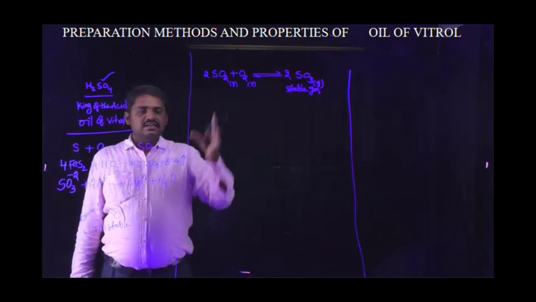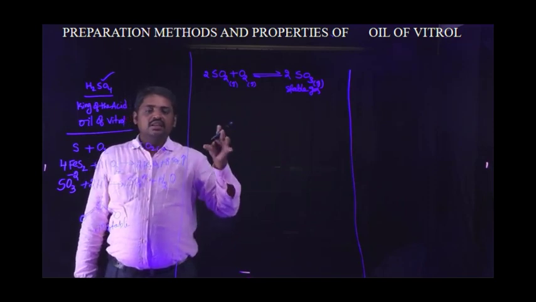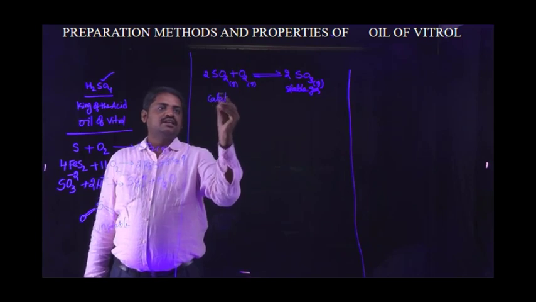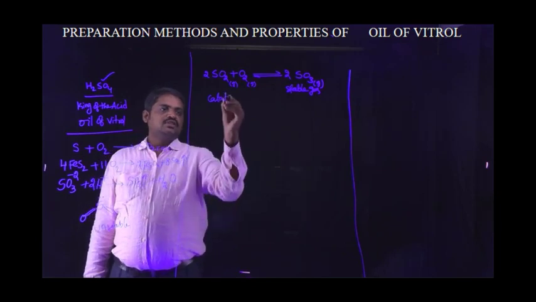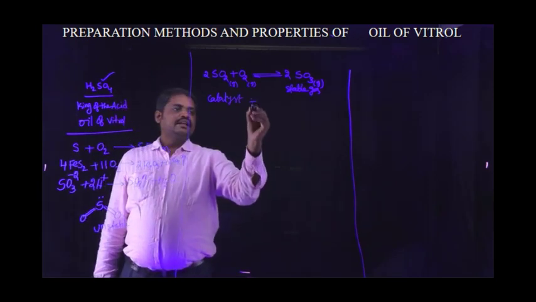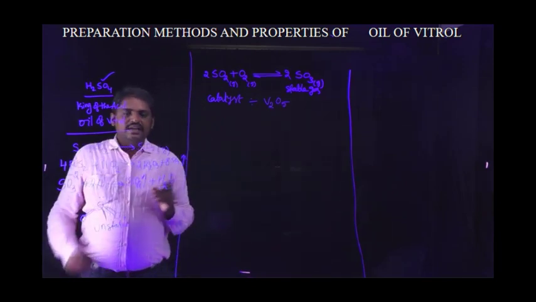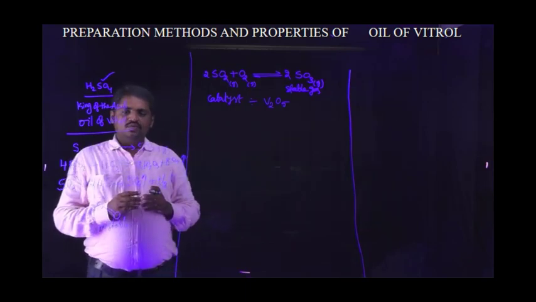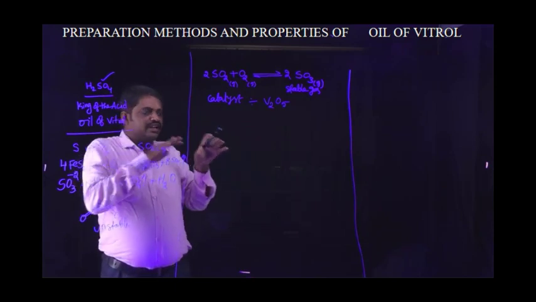Okay. So in this reaction, other components like a catalyst are involved. This reaction rate is increased by using external components. So the first component is a catalyst. In this reaction, the catalyst used is vanadium pentoxide. Vanadium pentoxide acts as a catalyst in this reaction. Why? What is the reason? Generally in this reaction, the normal reaction rate is very slow.